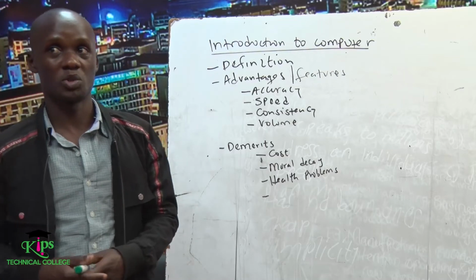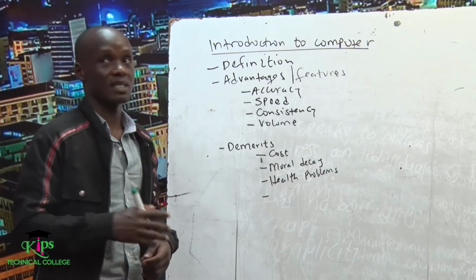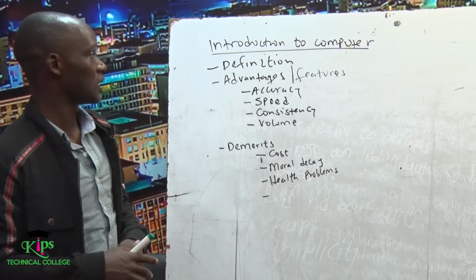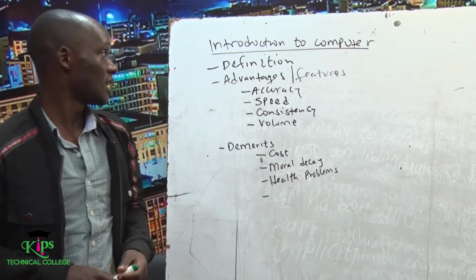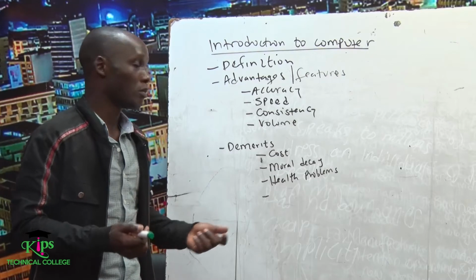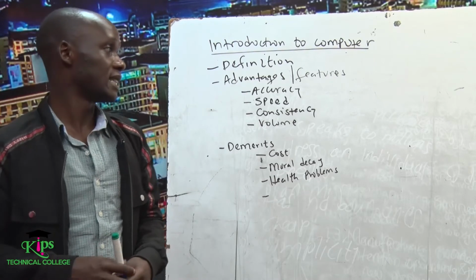And also the time taken for you to access a particular data item on a computer file is very fast, because you can just enter a unique identifier. If you are dealing with students, you can just enter the admission number of that given student, and the computer will locate for you the details of that student. This is compared to the manual way, whereby you have to go through each and every paper or file to locate a particular data item.